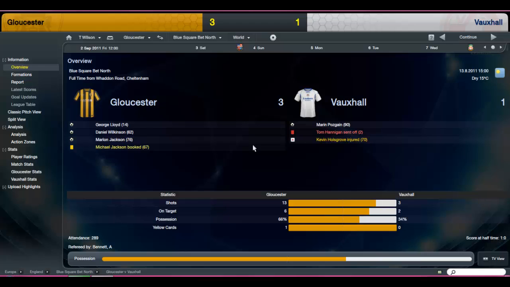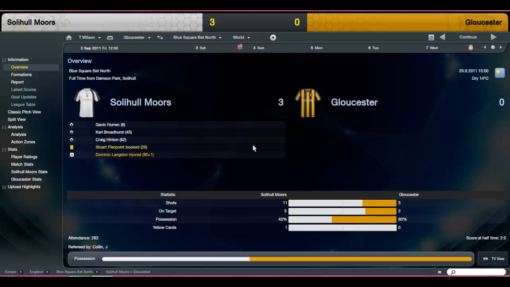George Lloyd, Daniel Wilkinson and Marlon Jackson scored again. 13 shots, 6 on target, 66% possession. Yes, they did have a player sent off after the 2nd minute and scored in the 90th minute, and had a player injured, so nothing went right for them today, but I'm not going to complain, we got the win. But again, away from home, lost 3-0 to Solihull Moors, and you'd have to say a terrible result, full